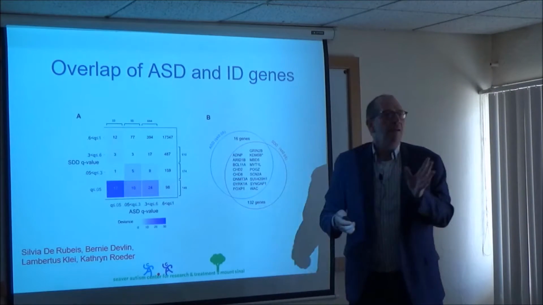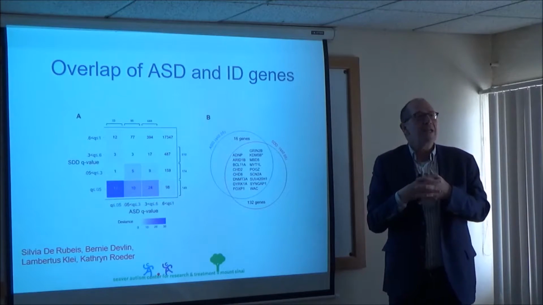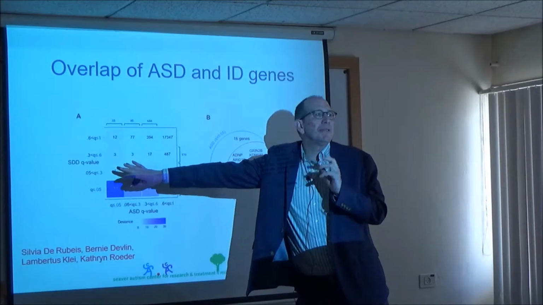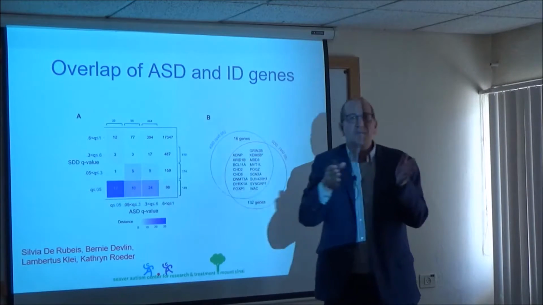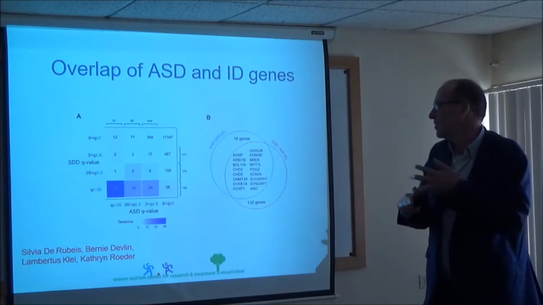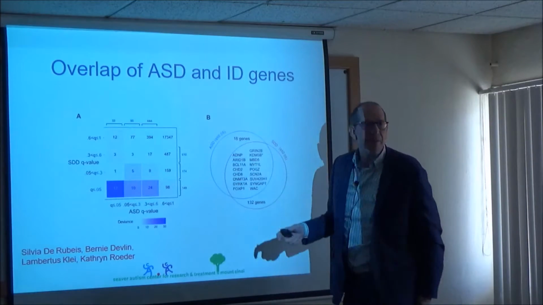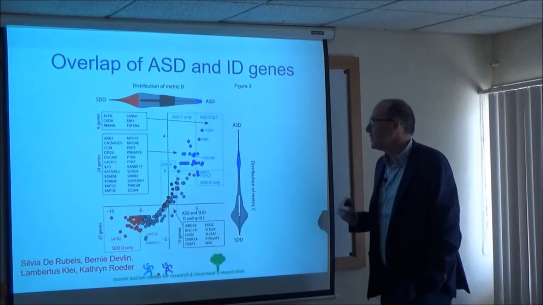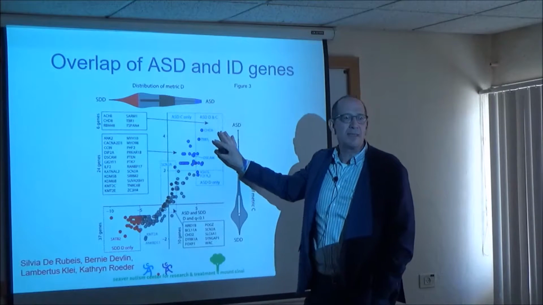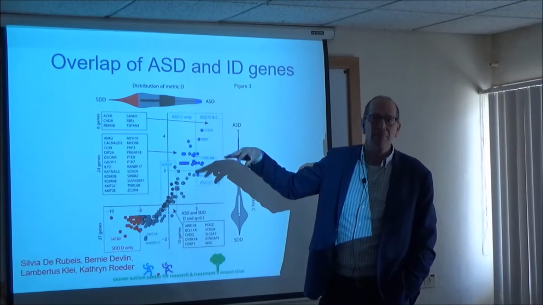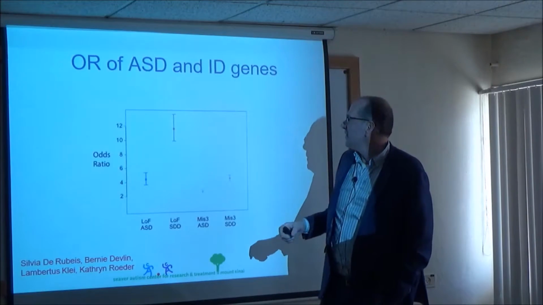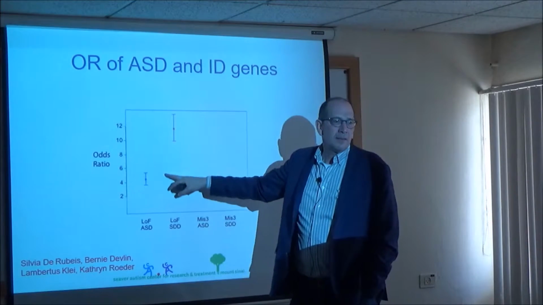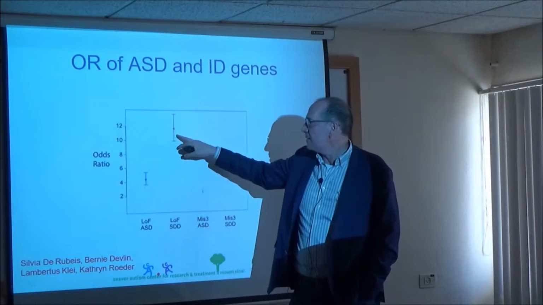All right, so here are some more facts about what we know about the genetics of autism. First, between autism and intellectual disability and even severe developmental delay, so before you even have an IQ, you have severe motor disability and so on, there's a very significant overlap of risk. Not surprising, perhaps. It's not trivial, but we can actually find genes that are more autism-like and more ID-like, even though most of them are probably both. And what's interesting is the odds ratios in intellectual disability are much higher. This is a more severe disorder.